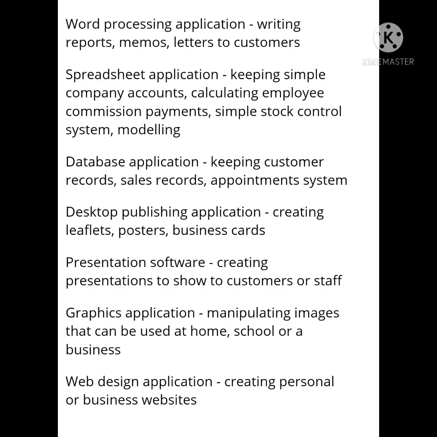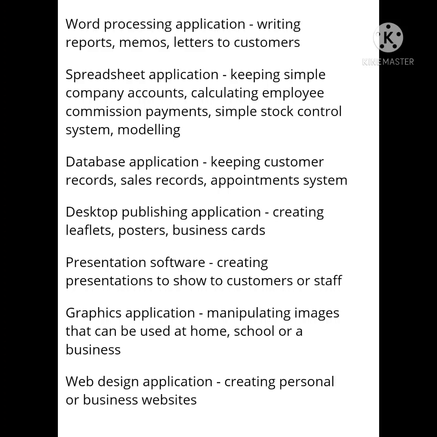The next one is the database application, DBMS, database management system. We can make records of the employees or sales records or whatever, store them and keep them as a record in this database management system.